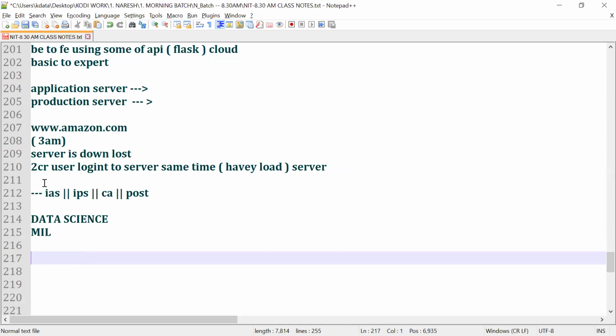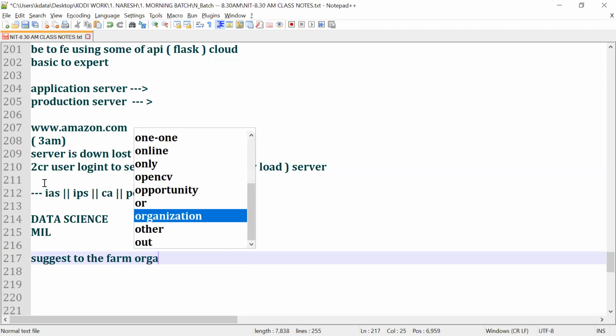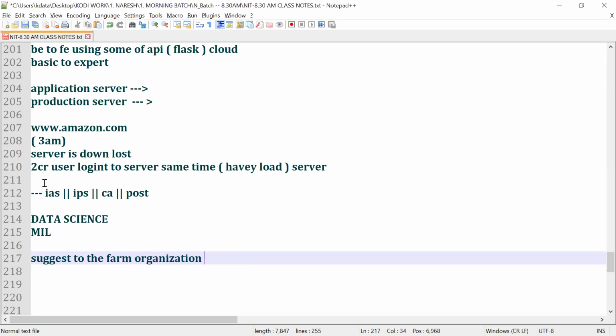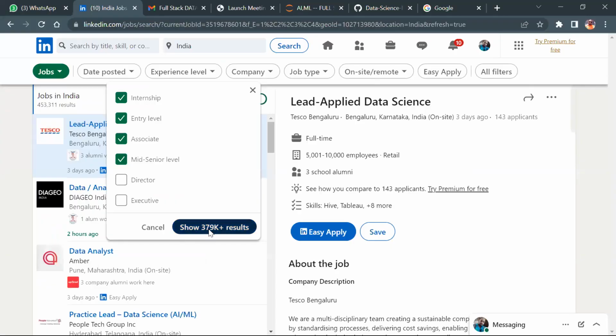By applying analytic skill, you will give suggestions to the firm or organizations about what could be the next level of the organization. If you attend some of the conferences, they will say TCS predictions for next quarter are this many percentages. I hope you heard about all those things or not. Is everybody getting my point, what I'm saying? So it's a lot beyond the stories. And once you show, let me click this.